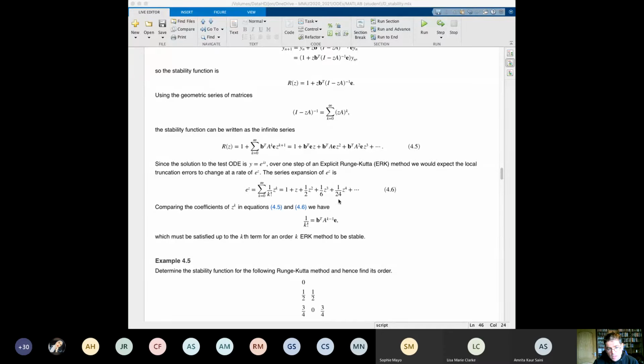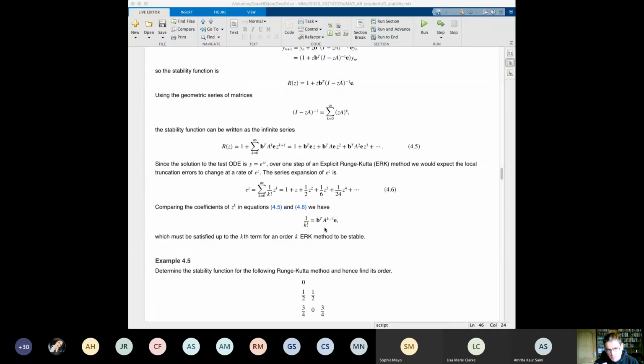This is the series expansion of e to the z. As you can see, the nth term is 1 over n factorial times z to the power n. And if we equate 4.5 and 4.6,